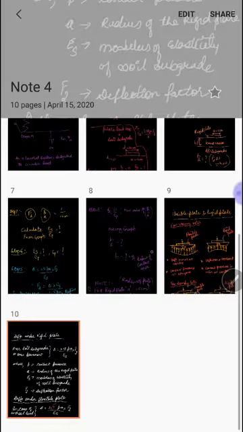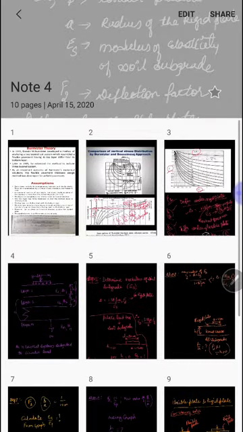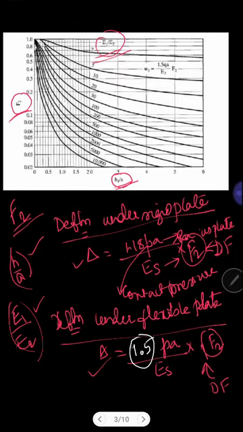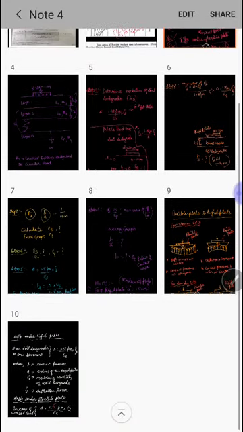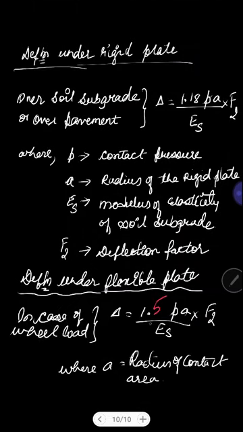And also in that video previously which I have uploaded in the Google Classroom, for determination of the deflection of the flexible plate, delta could be determined by not 1.15, it will be 1.5. So this was a correction that I wanted to tell you people to note, as well as do the rectification as necessary.